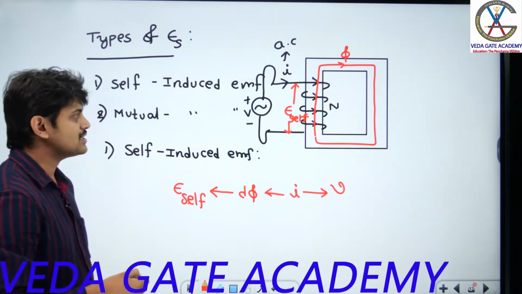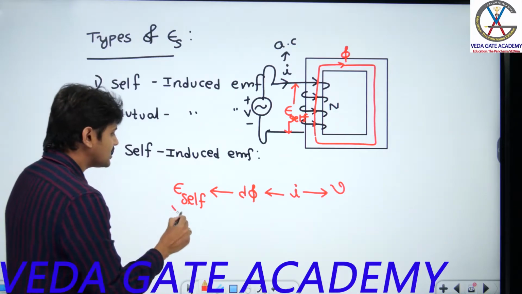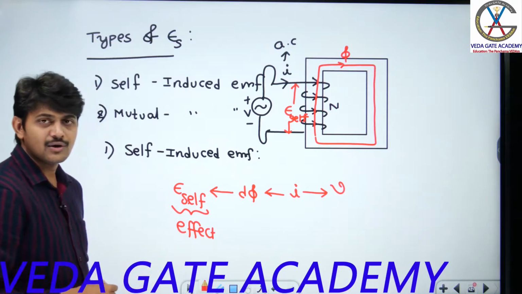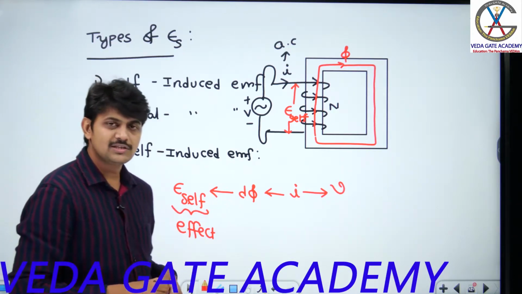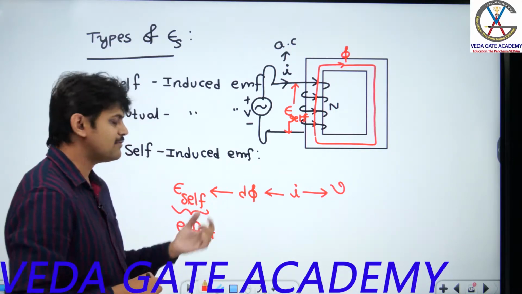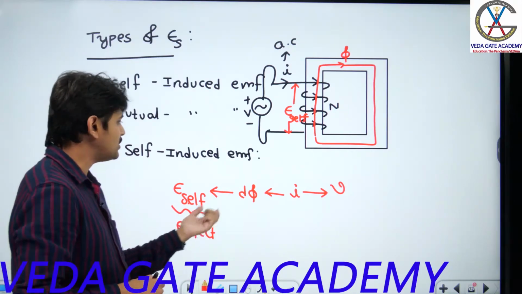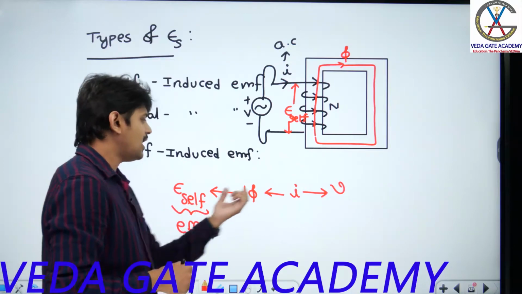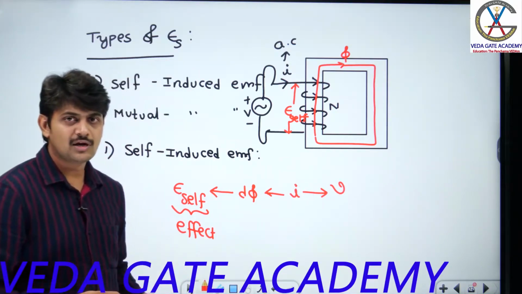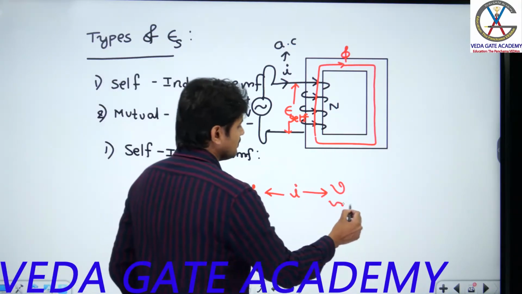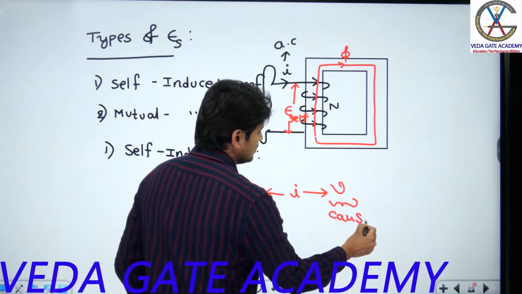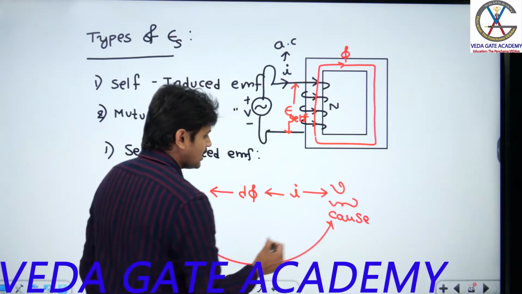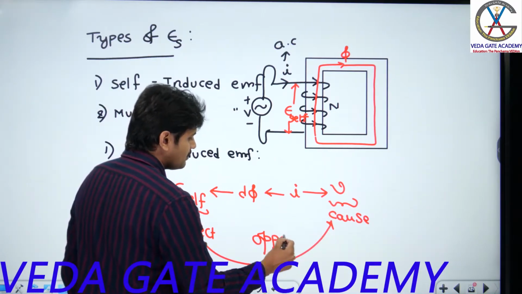Now here what is the effect and what is the cause? Here my effect is self-induced EMF. This is the final produced quantity. Now can I say according to Lenz's law the self-induced EMF will oppose the change in flux? No, because they are of different dimensions. Can I say the self-induced EMF will oppose the current? No, because of the different dimensions. Can I say my self-induced EMF will oppose the applied voltage? Of course. The major cause for the production of this is the applied voltage, so my effect, the self-induced EMF, will try to oppose the applied voltage.